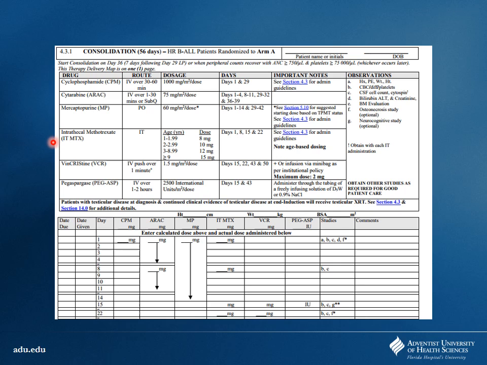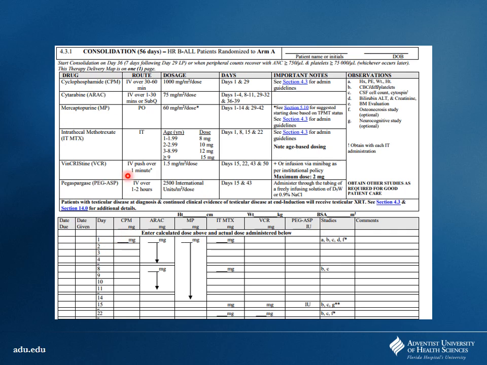So anywho, this is an example of a chemo roadmap. This is basically the type of thing we'll do. This is for an ALL regimen. So you guys know what that means? Yeah, acute lymphocytic leukemia. So this is an example here. Here's patients randomized to arm A. So this is one arm of a study that they have. And so you can see the different drugs that they're going to receive. And then they have these